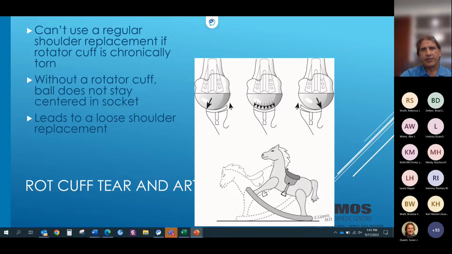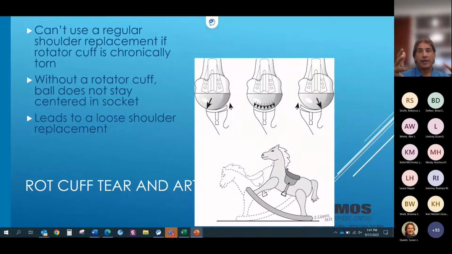One thing that will happen is if you do try to do a regular shoulder replacement in a patient who does not have a good rotator cuff, then they will get what's called the rocking horse phenomenon. So we have to have the rotator cuff, as you know, four muscles and tendons that surround the humeral head and pull it into the socket and stabilize it on the socket. So if we have an